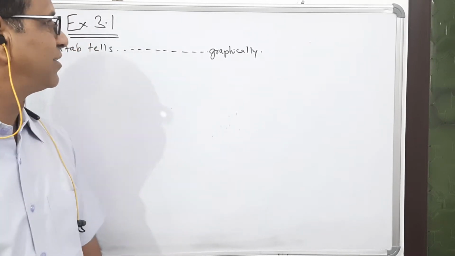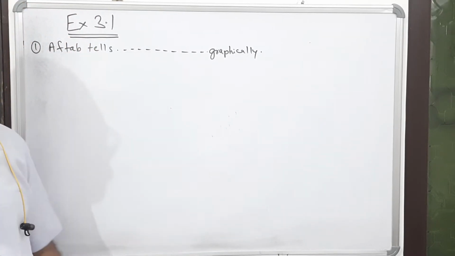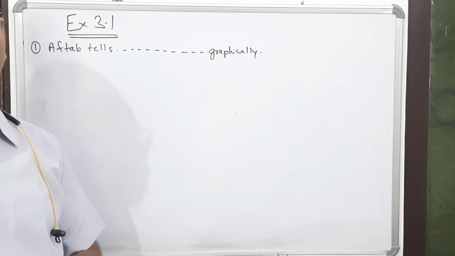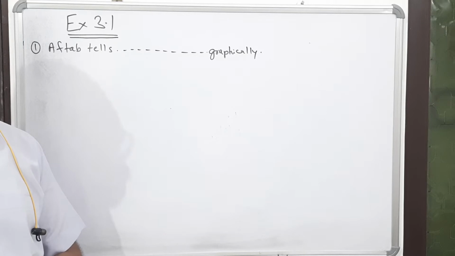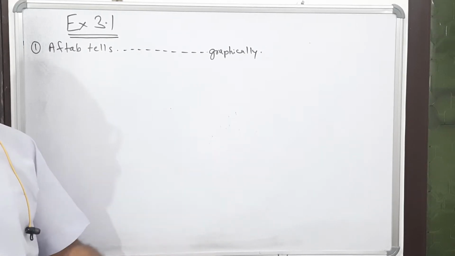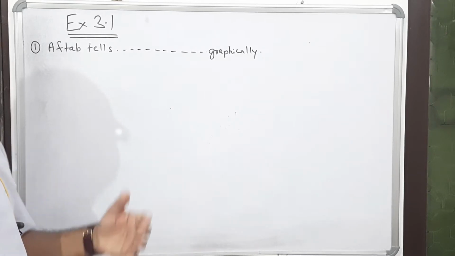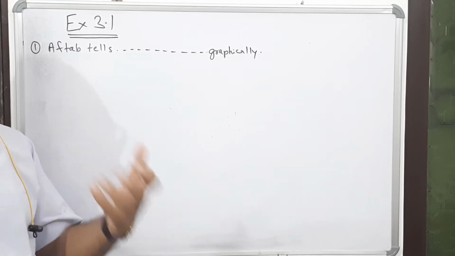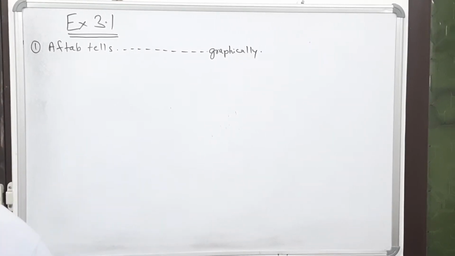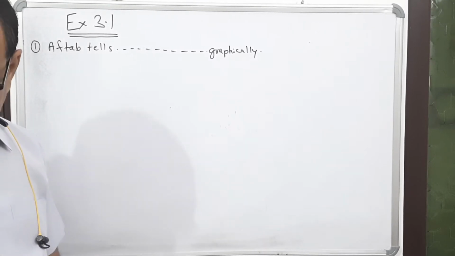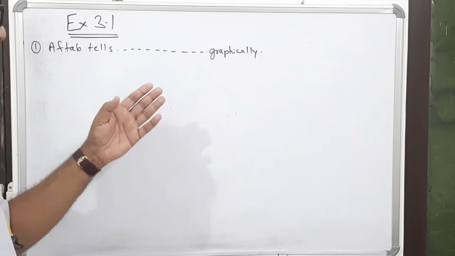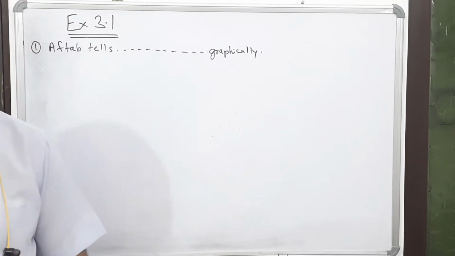Hello students, today I am starting exercise 3.1 and I am explaining to you how to draw the graph of a pair of linear equations. But before that, we have a word problem, and the first part is how to represent the condition which is given in graphical form. Yes, so the first problem is: Aftab tells his daughter, "7 years ago, I was 7 times as old as